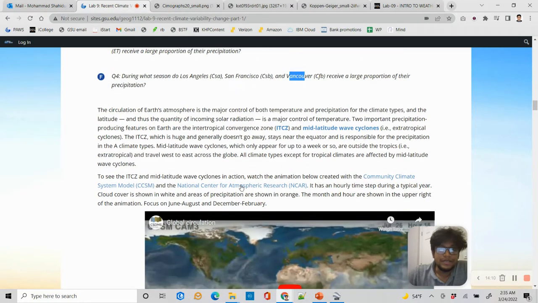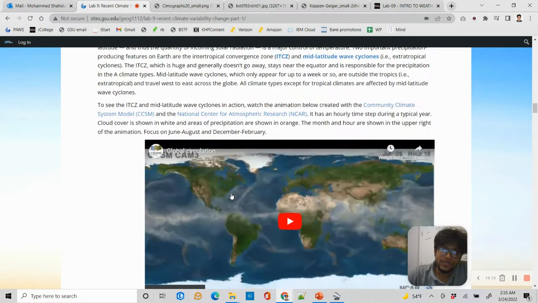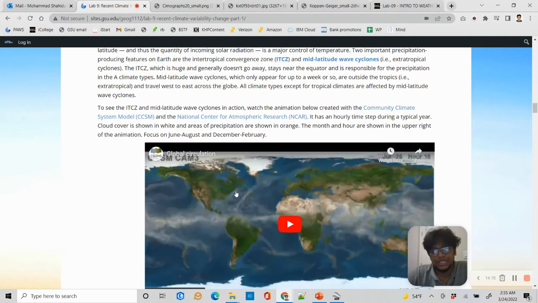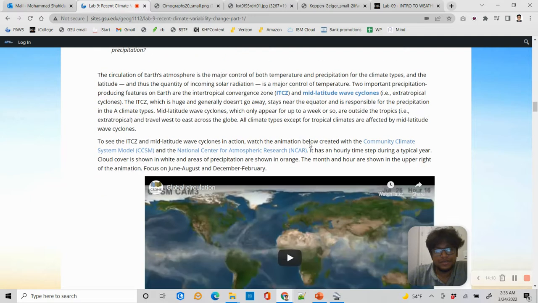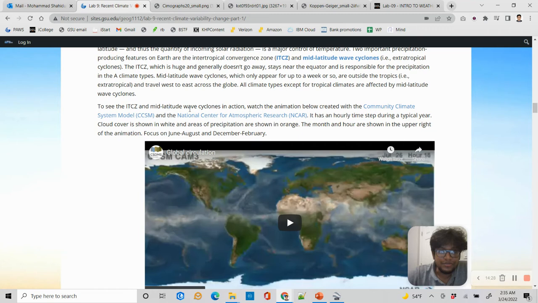So then next, for question 5, you will be given two animations. One is about the discussion of the ITCZ, the intertropical convergence zone, and the mid-latitude wave cyclone. So this one is the ITCZ mid-level injection. Okay,